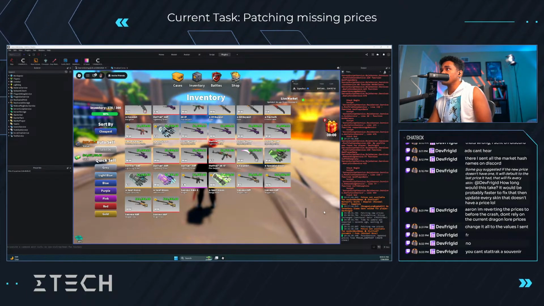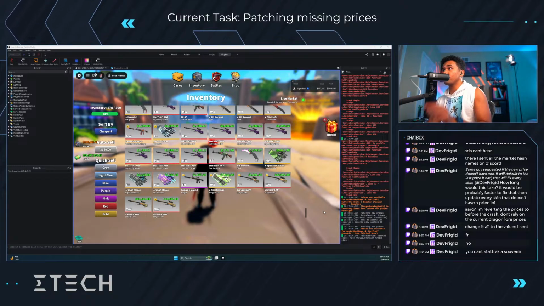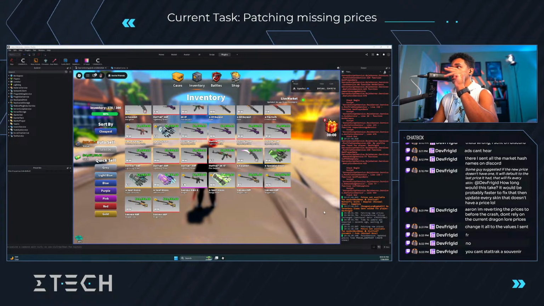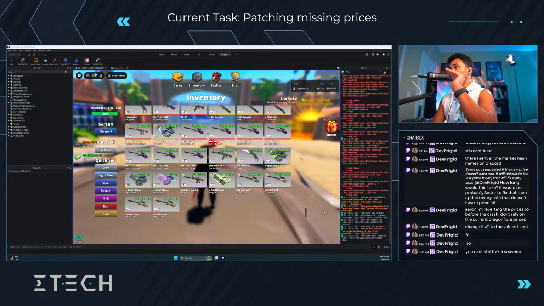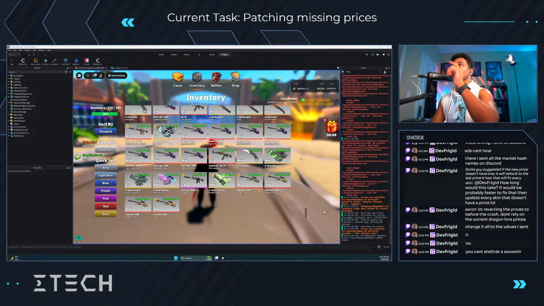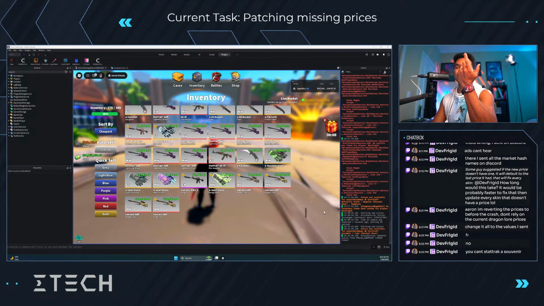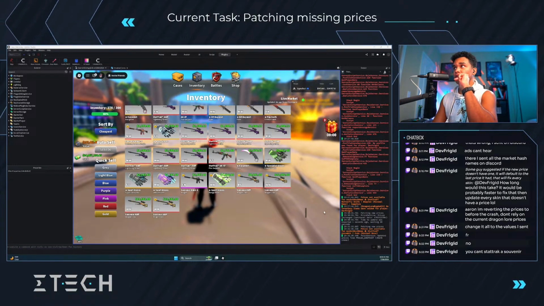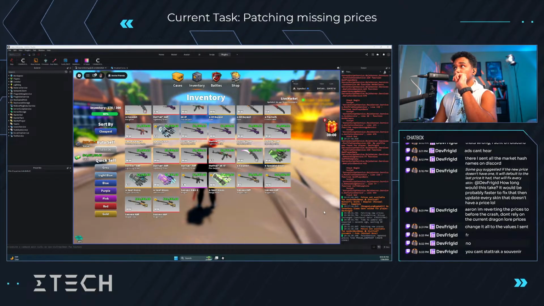Okay, so we have prices for Souvenir Dragon Lore Factory New. We have prices for Minimal Wear, Field Tested, and Battle Scarred, but we don't have it for Well-Worn. So Well-Worn was probably the number one thing that we needed to really fix. Other than that, we have prices. So our price for the Souvenir AWP Dragon Lore Factory New is 12,234, which isn't very far from